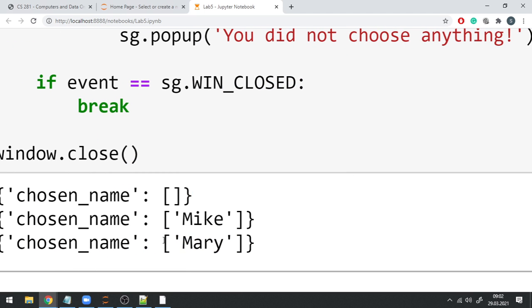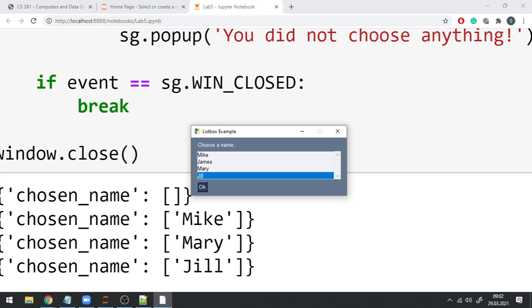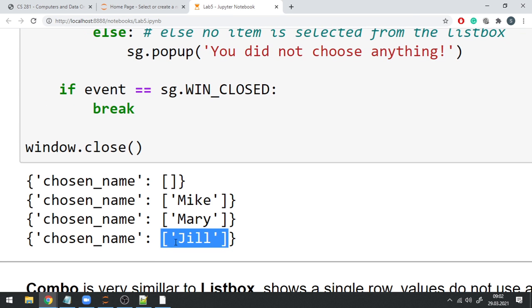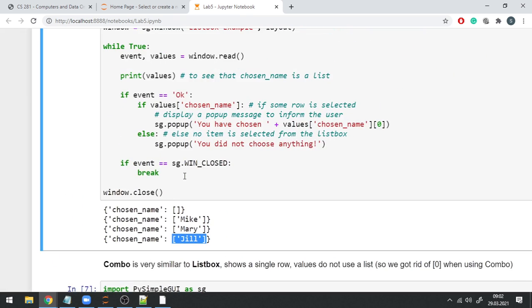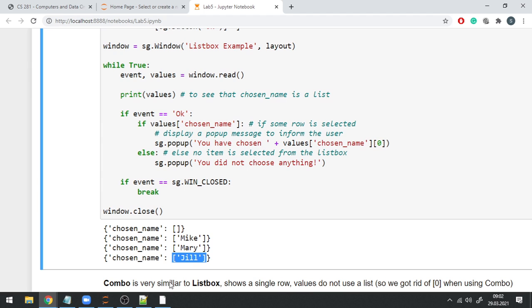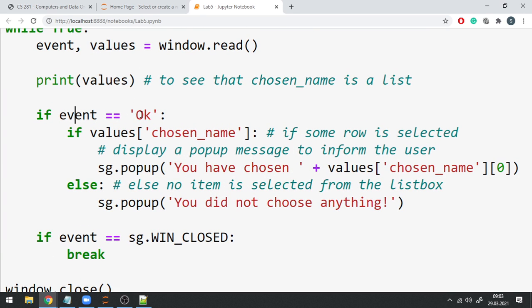But this is a list of elements. Currently, choosing multiple items is not enabled, but we may enable that. That's why it is returning a list of elements. So this is not directly Jill, this is a list that contains Jill as the first element. So that's one thing about list boxes. Since it returns it as a list, if I need to get the specific item, for example in here, when we click on the OK button,